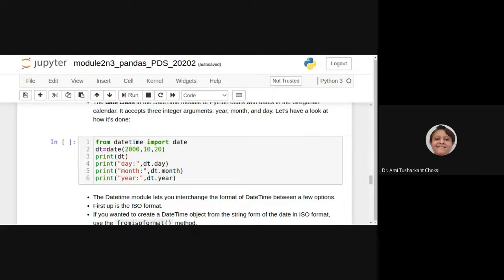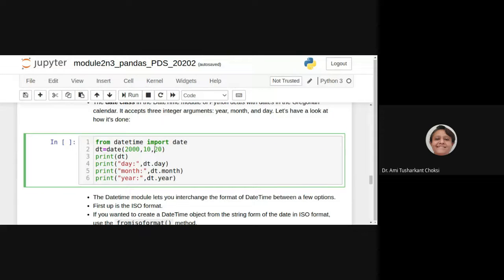To create the object of our date, we need to provide YYYY, MM, and DD, and these are integer parameters, right? So we are creating the object of date, that is 2000, 10, and 20.